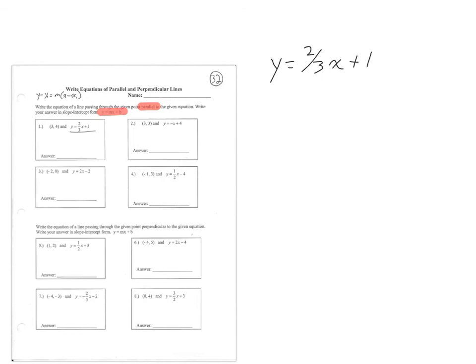Now, parallel lines have the same slope. So we're going to keep this m. It's going to stay exactly the same. If we're doing perpendicular, which we are going to do one or two down here, we're going to switch that and make it the negative inverse first. But since we're parallel, we're going to keep it the same, which makes our lives easier. We're going to copy down our slope here, 2/3. We're going to replace the 1 because we don't want the same b. If we keep the same b, then we have the exact same line, and we don't want the exact same line. So we're going to replace it with the letter b,